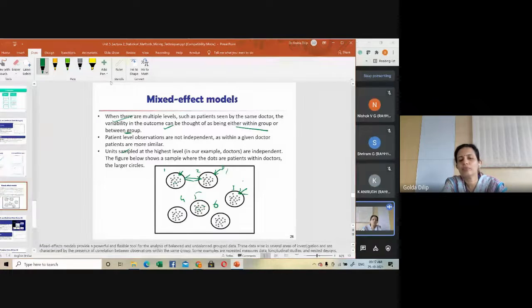How to deal with this sort of data: maybe you can aggregate it and find some aggregate statistics. Let's say 10 patients are sampled from each doctor. Rather than using individual patients' data, which is generally not independent, we could take the average of all the patients within a doctor. This aggregated data would then be independent.